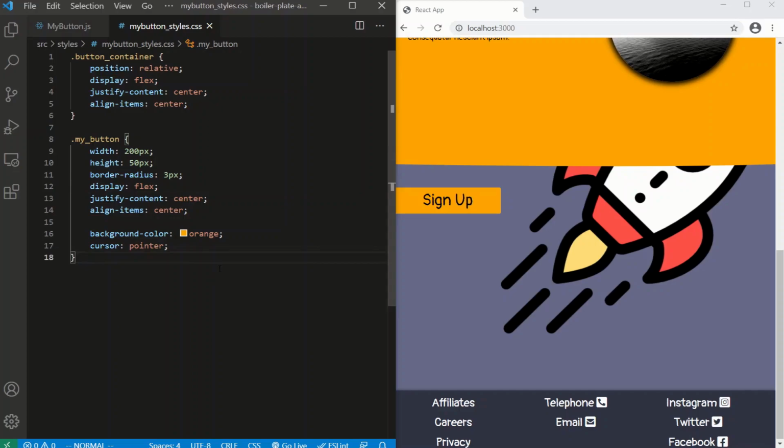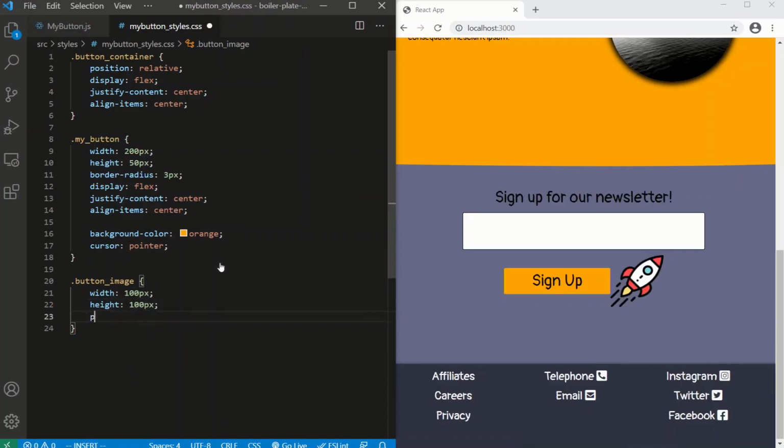All right, let's get to the image. That was button image. We'll do a width of 100 pixels, a height of the same, so 100 pixels as well. Let's see what that looks like. That's good. We'll do a position of absolute, because we want this thing flying off the screen, so we have to move it outside the box. So position absolute,